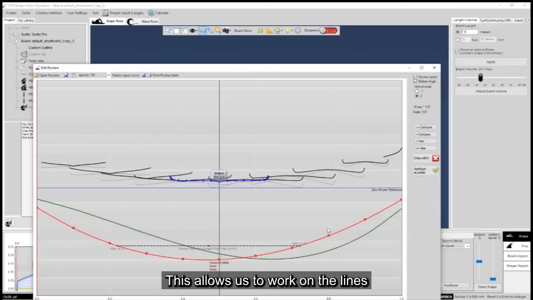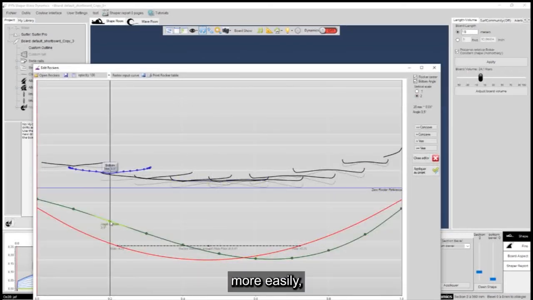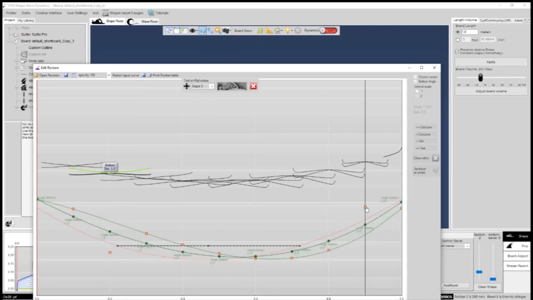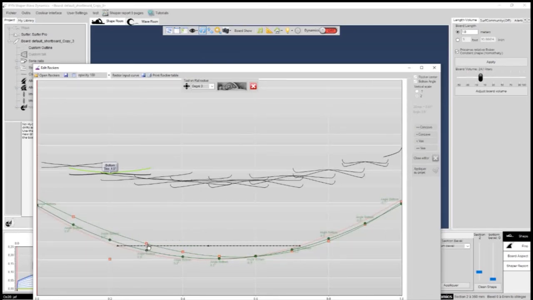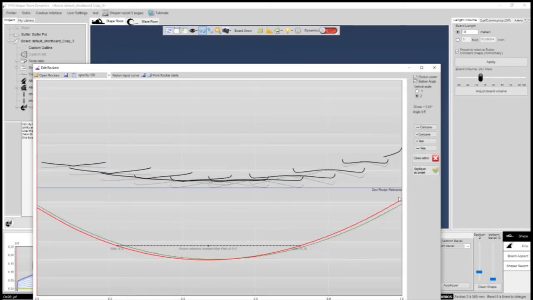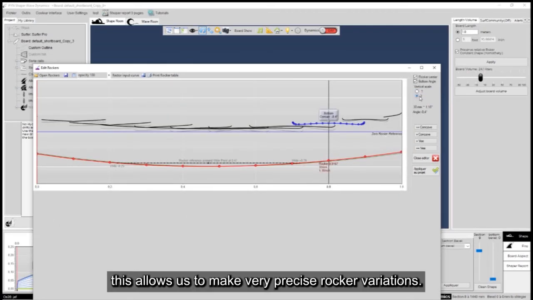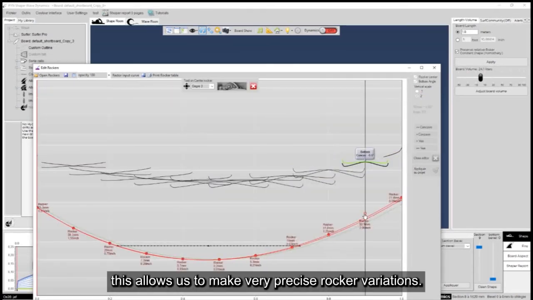This allows us to work on the lines more easily. This allows us to make very precise rocker variations.